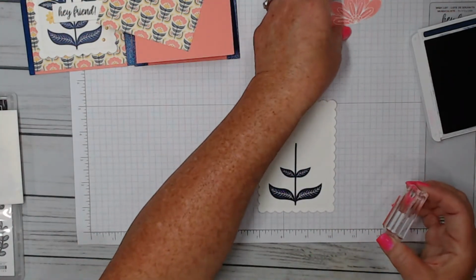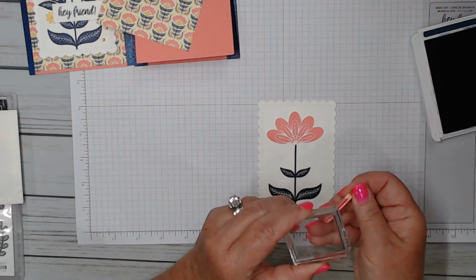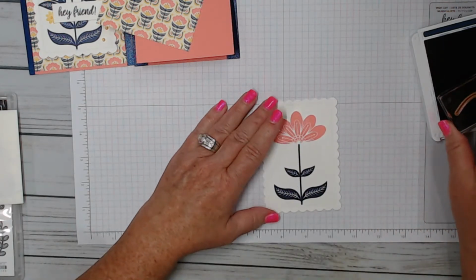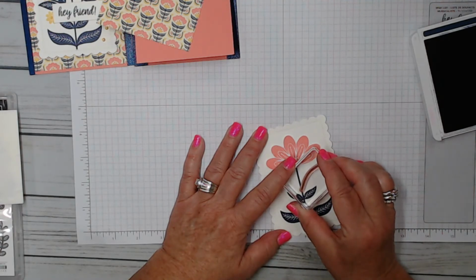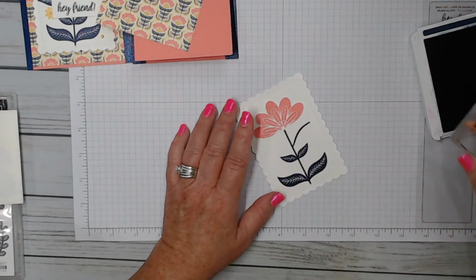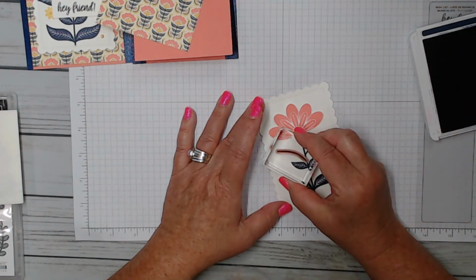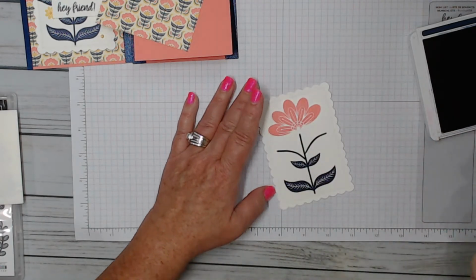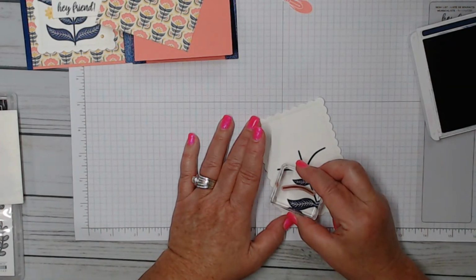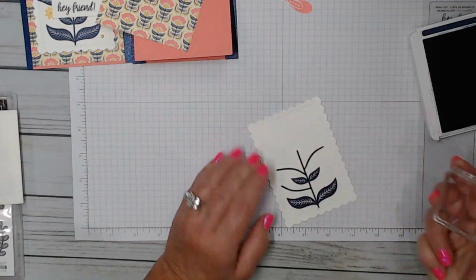So now we're going to take our line. We're going to put our flower towards the top. And I want this now to kind of curve a little that way. I got all excited and I forgot the leaves. Okay, I want that one to go this way. Now I'm just turning it over, okay, because I want this one to come this way. All right, so now we have our two stems, and I think I'm going to do another one. I'm going to have this one come up a little bit this way. All right, so now we have our